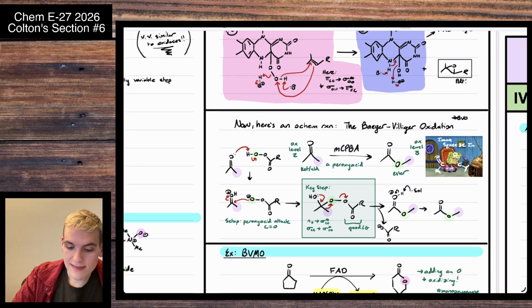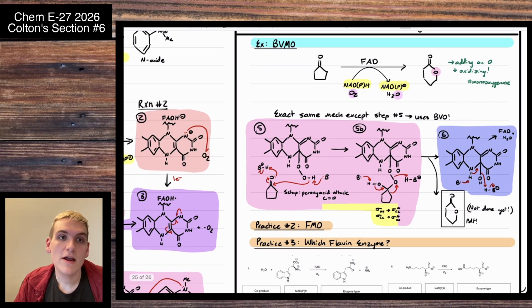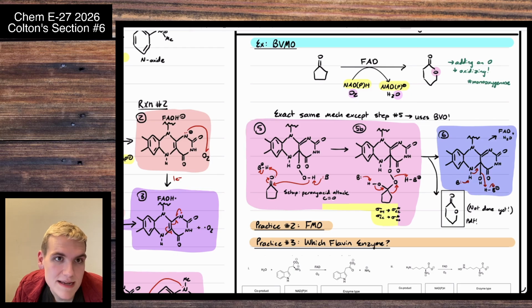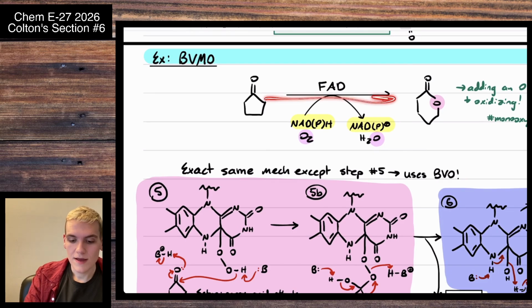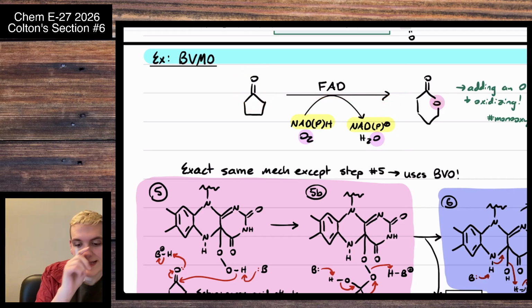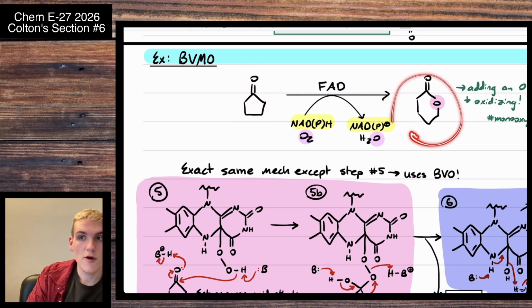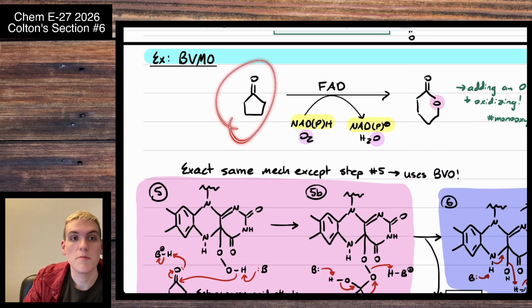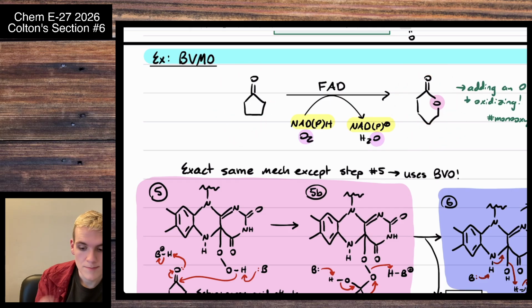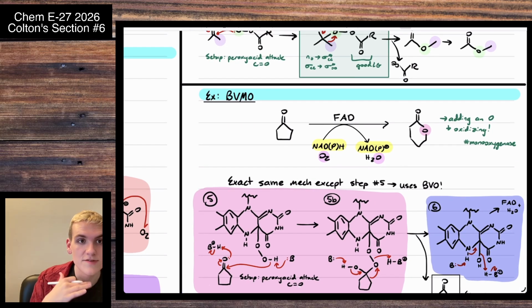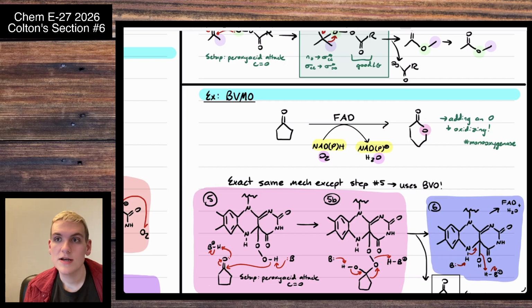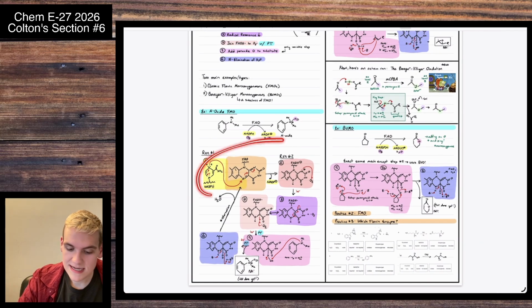Well, there is a flavor of monooxygenase called a Baeyer-Villiger monooxygenase that we abbreviate as BVMOs. And they go from a ketone or aldehyde, and then they insert an oxygen in. I think one of your class notes went from a 6-membered ring to a 7-membered ring. Just for variety, I've done one from a 5-membered ring to a 6-membered ring, just to show it out. So again, this is going to be the exact same as every other monooxygenase, starting from the NADPH or NADH and going all the way